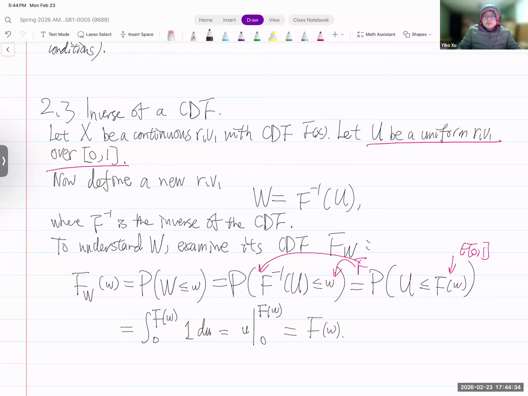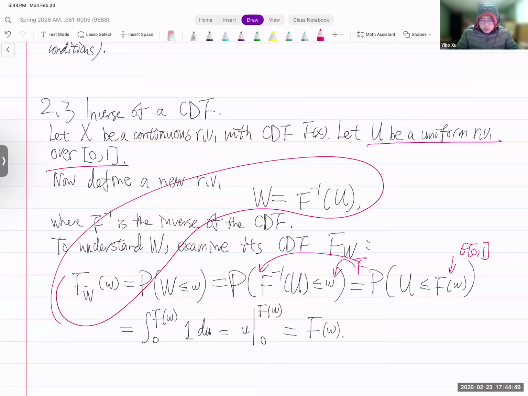All right, does it make sense? So this calculation is nothing but using the definitions from before. So we started with what? We started with the CDF of W, which is F inverse of U. But now we end up with this,